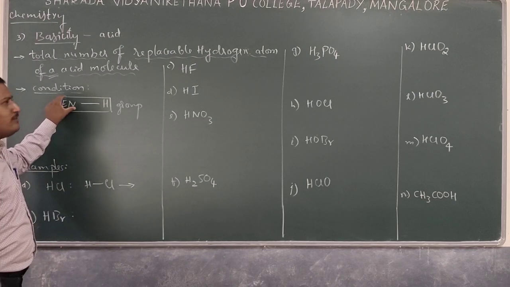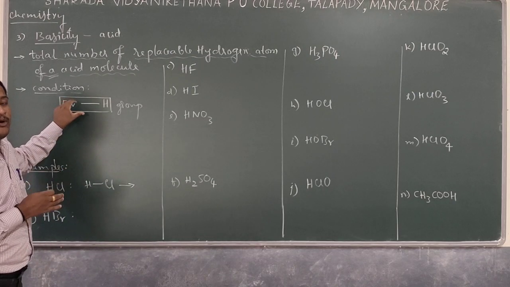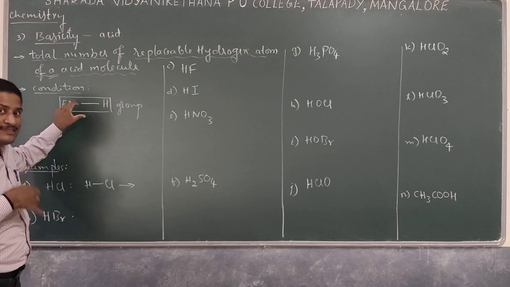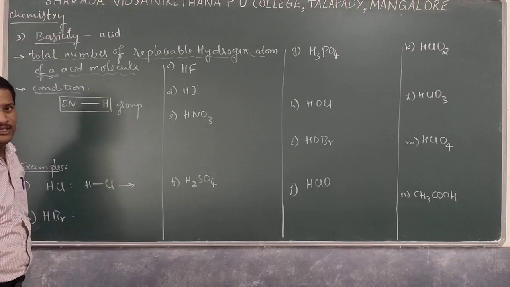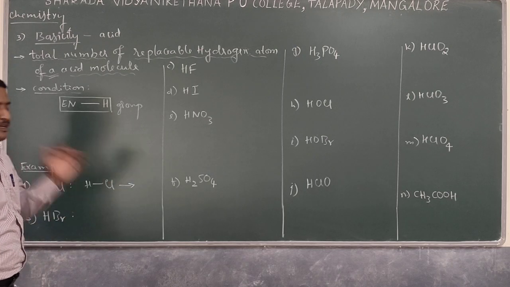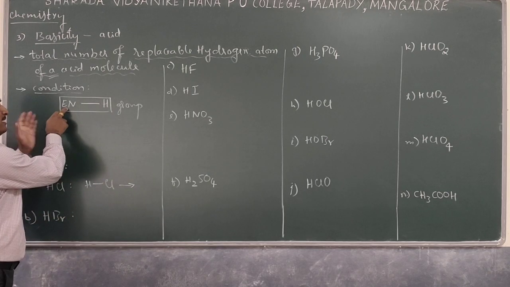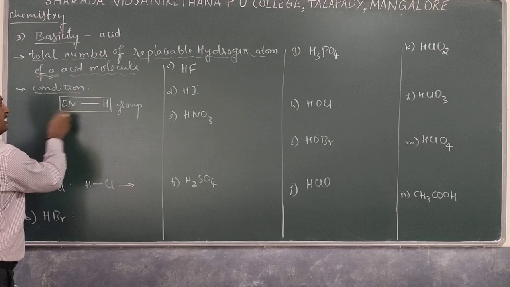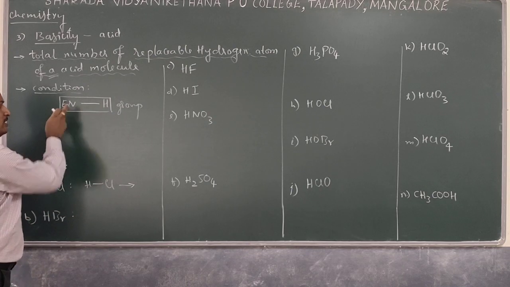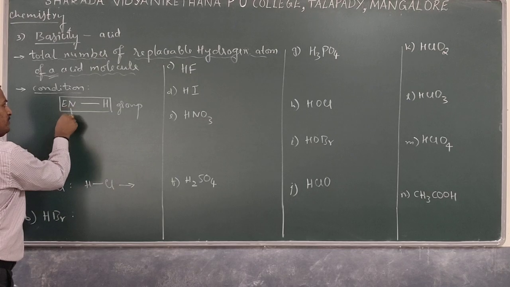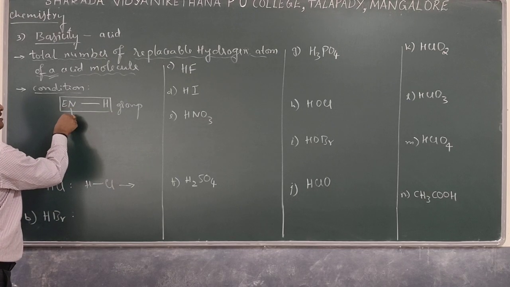So the tendency of an atom to attract its bond pair electrons towards itself, towards its own side, is nothing but electronegativity. So we go with some important electronegative elements. Here all atoms are not involved. For those electronegative elements, one side a hydrogen atom must be there, and on the other an electronegative element. What are those electronegative elements? Only a few of them are there in order to find basicity.